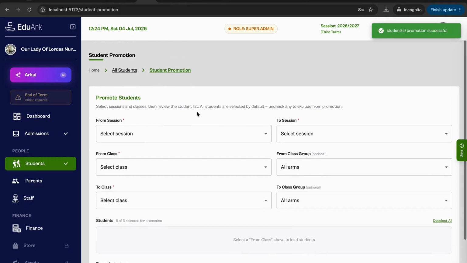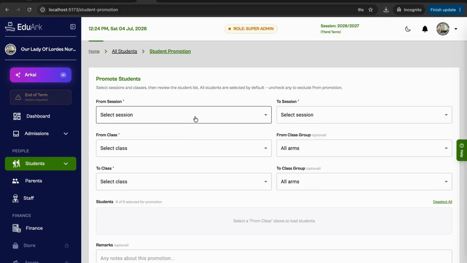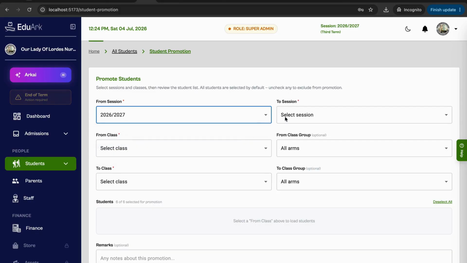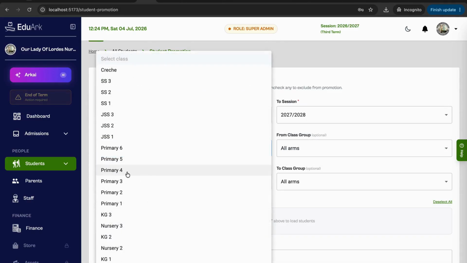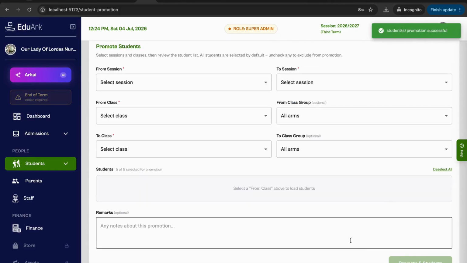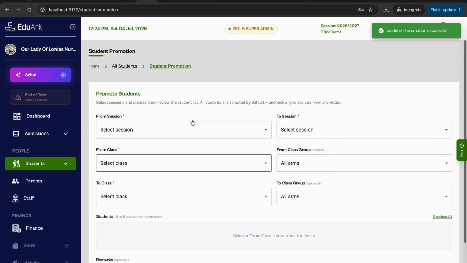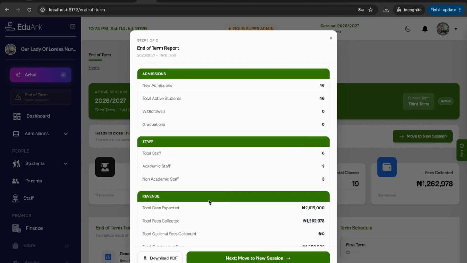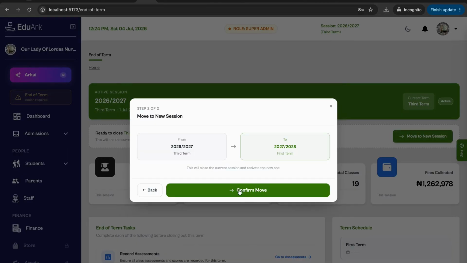I'll do the same for primary 4 to 5. So from primary 4, moving them to primary 5. Right, and then promote. Yeah, so not to waste most of our time, I'm just going to end the term right away. So click on move to new session, generate the report, you click on move, and then